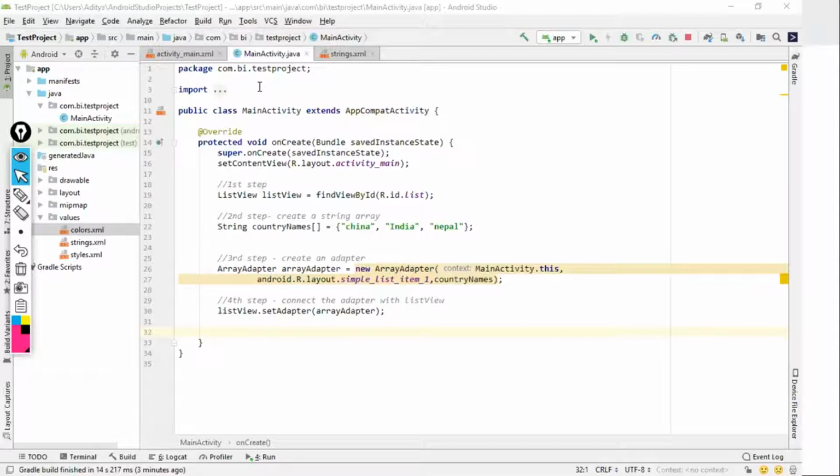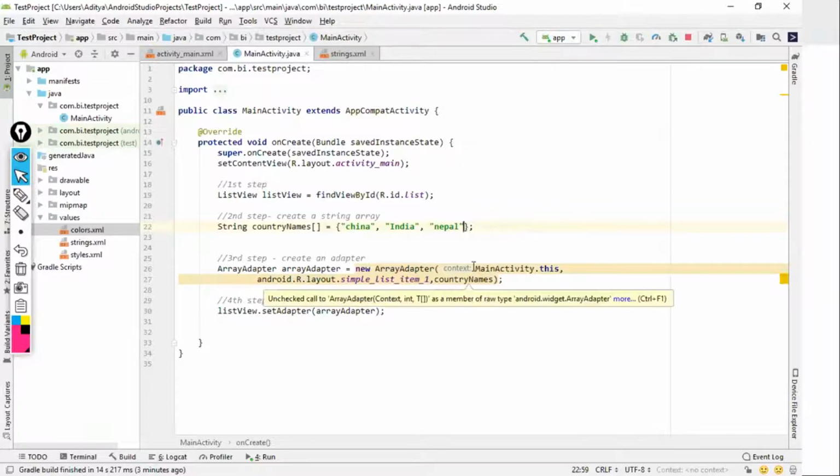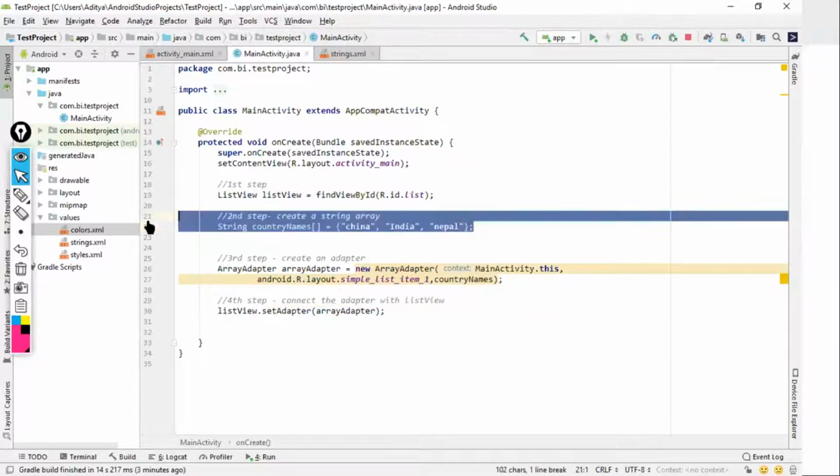Then what will happen? You have to first of all find out the name of the file, then you have to search for the array. It might be possible that you are having plenty of arrays in your file. Then you'll find the right array name, and then add the countries over here, like ABC and all those things. So guys, this would be a process which would require interference of a person with the code. So this is something which is not suitable. So what we shall be doing, the problem is created by this second step.